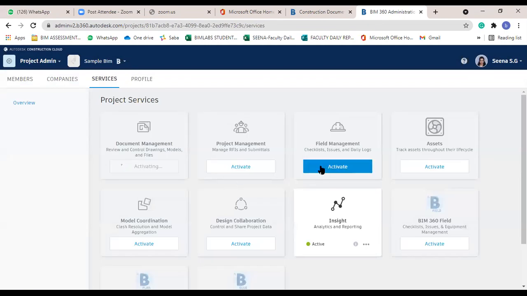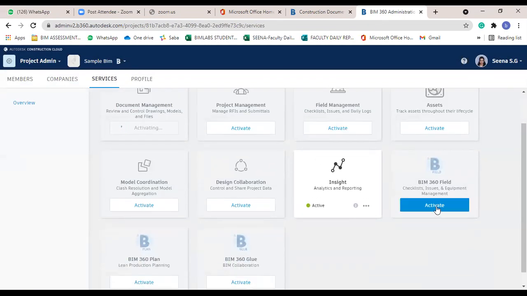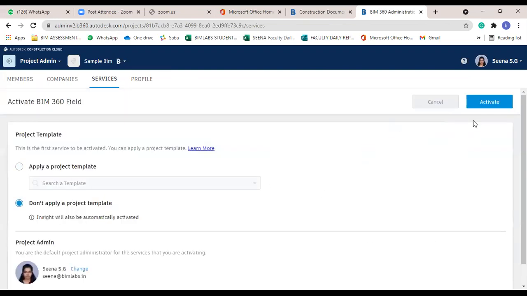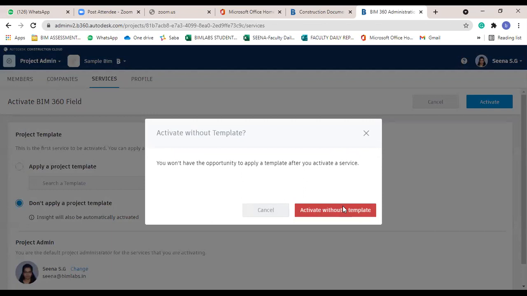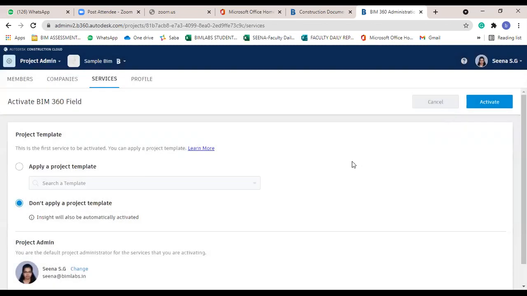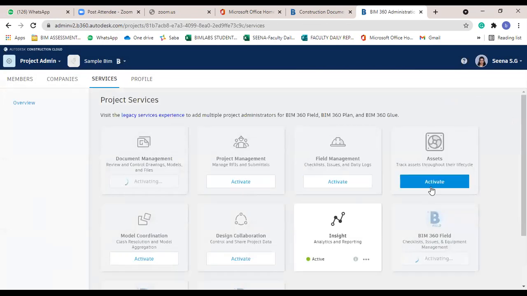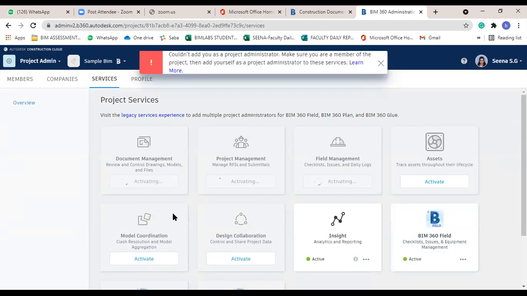Then for BIM 360 Field, for creating checklists, I just activate BIM 360 Field and field management, and project management.